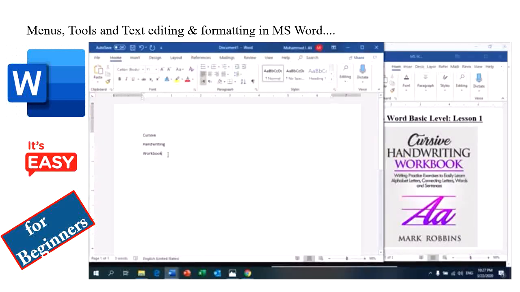After workbook, please press enter and write all the sentences that you see here: writing practice, exercises to easily learn, press enter, alphabet letters, connecting letters, words, and